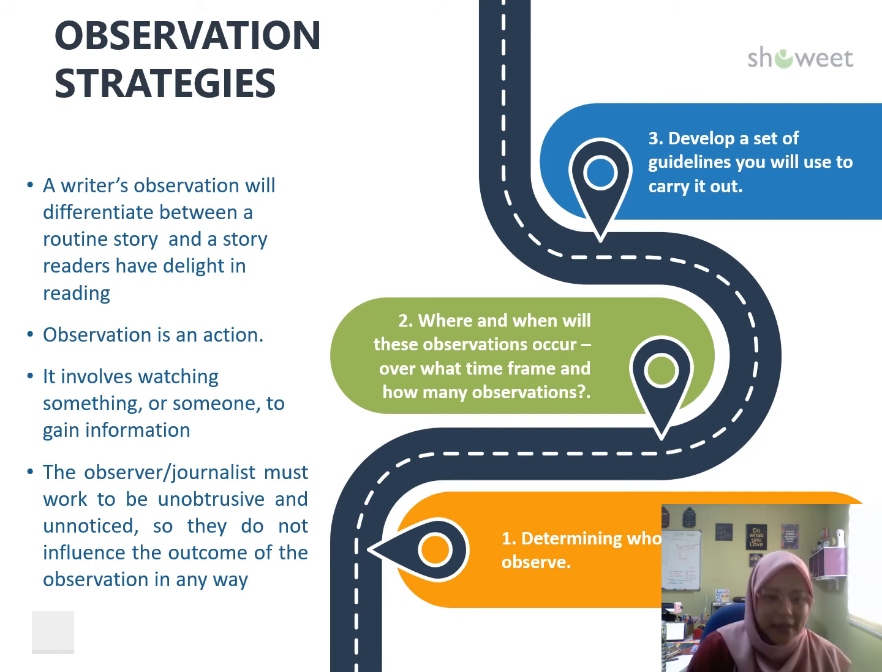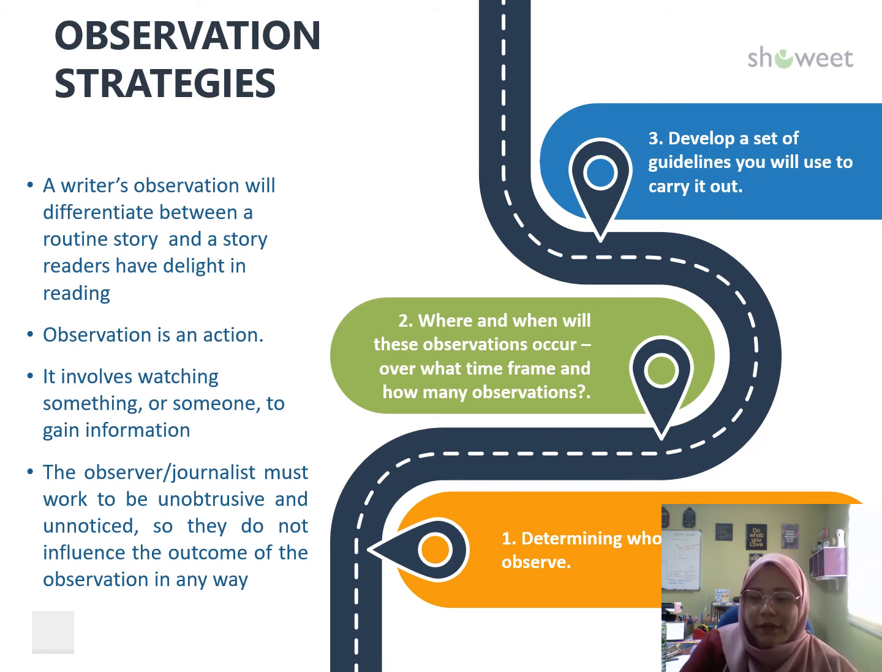Okay, observation is an action. It involves watching something or someone in order to gain information. Some of the journalists, they also become like a spy. They need to go to every event that their subject is going to. They need to observe what are the attitudes or the characteristics that the subjects have. So they need to come up with all this by doing observation. Okay, so they need to be unnoticed, unobtrusive, and they do not influence the outcome of the observation in many